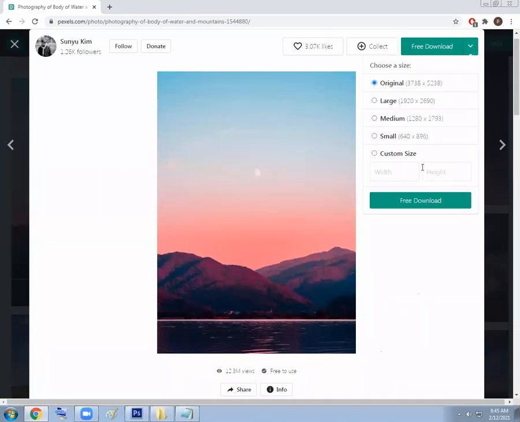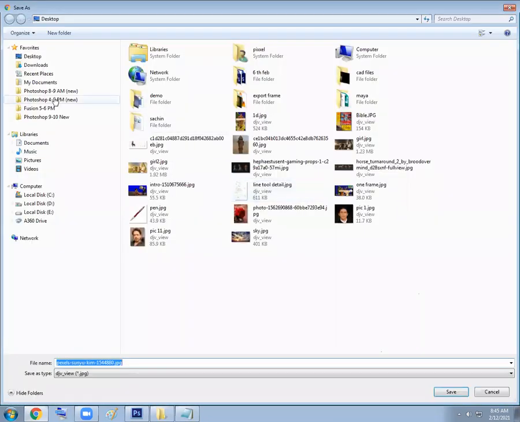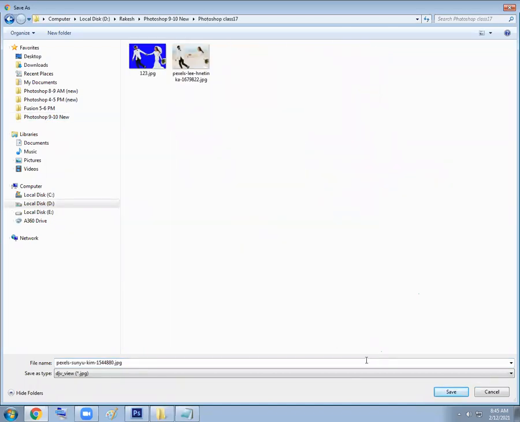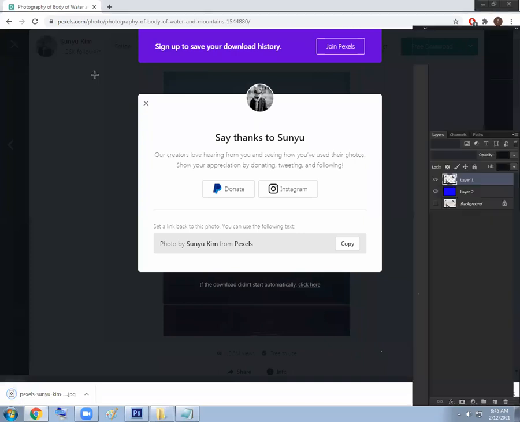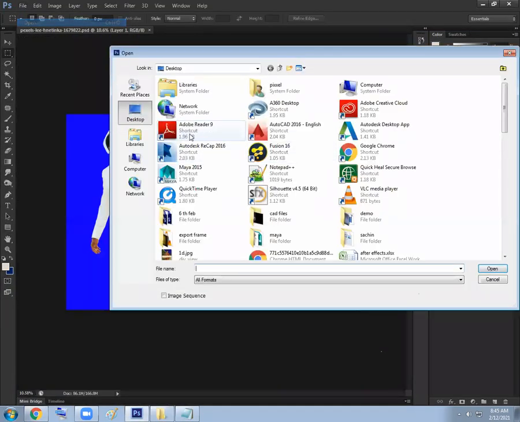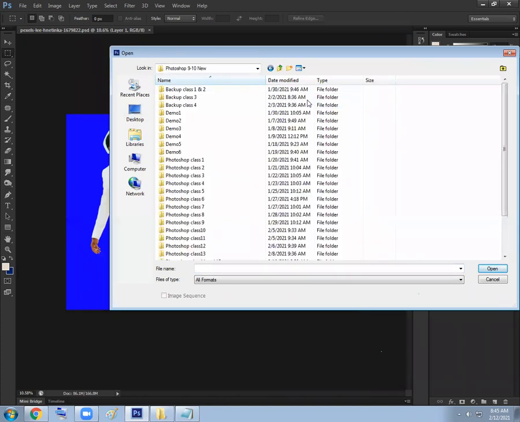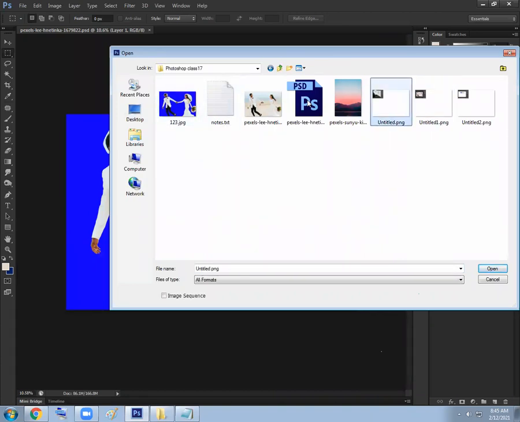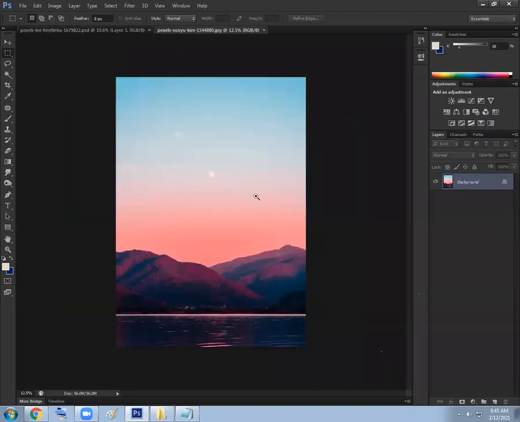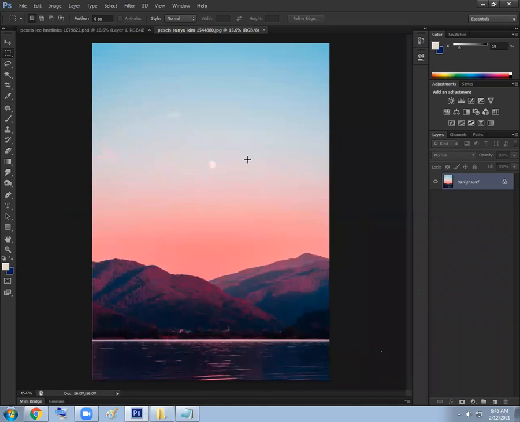Means, for example, if we take this photo, for example, okay. For practicing, I am taking this image. To understand the color range tool, I'm using this image as an example. So there is a range of colors. You can see blue, bright, and red. So if I use a magic wand, if I click here, it is selecting only a certain area. If I click here, it is selecting only a certain area. But if I use the color range tool,